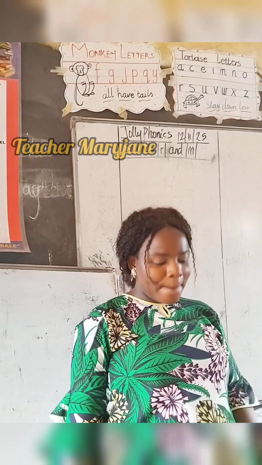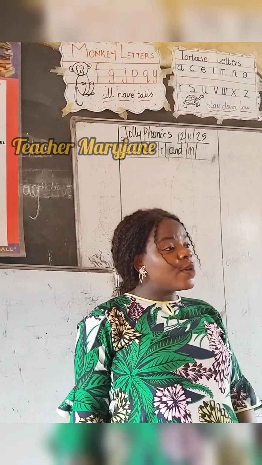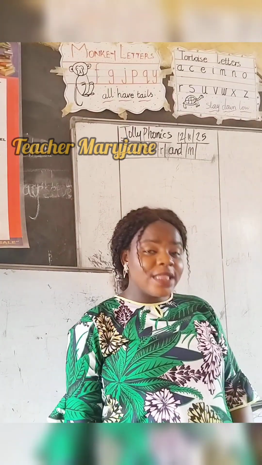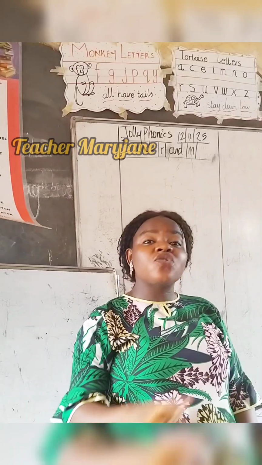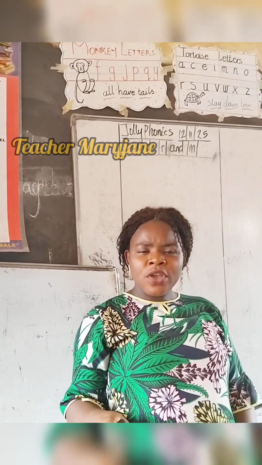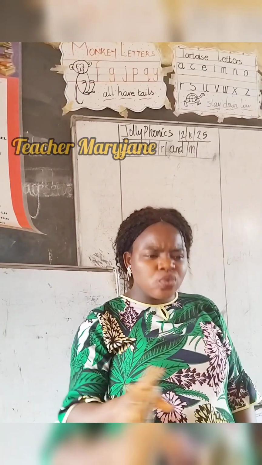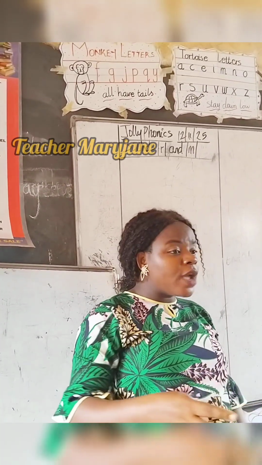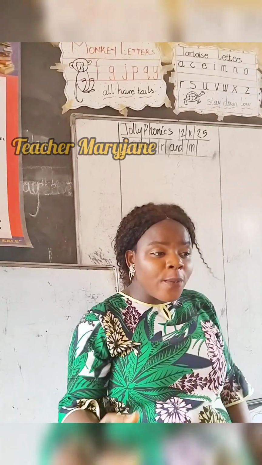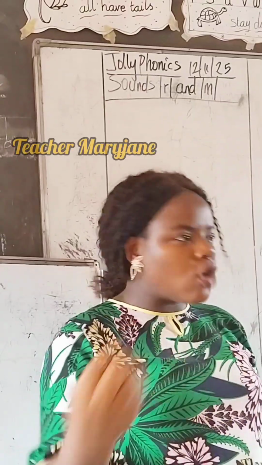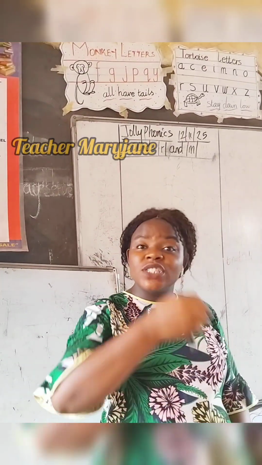A sound clap. So Robert has a puppy by name Rex. The puppy's name is what? Rex. Rex is a naughty dog that destroys everything around. If Rex gets your book, he will destroy it. If he gets your shoes, he will destroy them. Everything Rex comes around, he destroys. If you keep your book, Rex will tear your book. He will destroy everything.